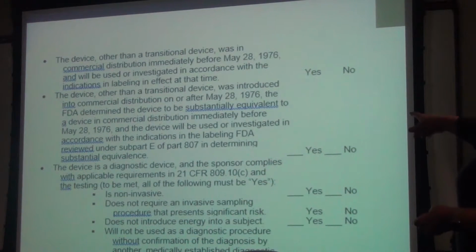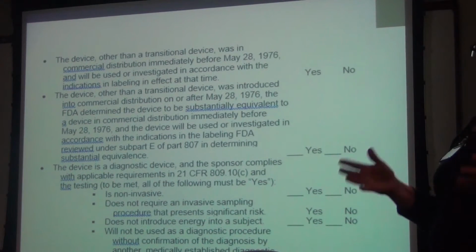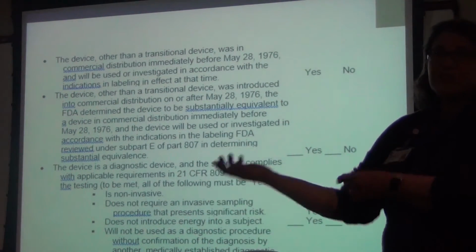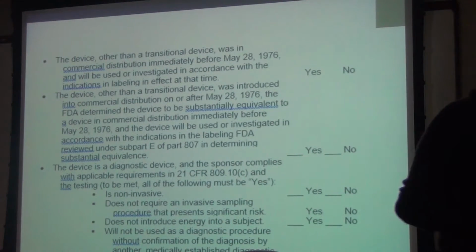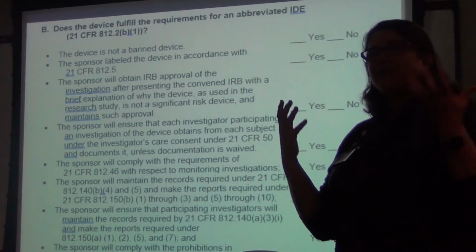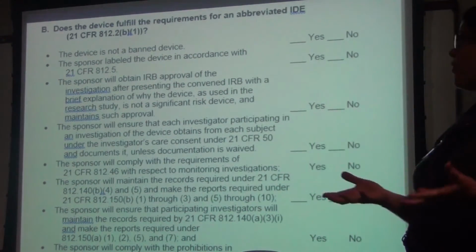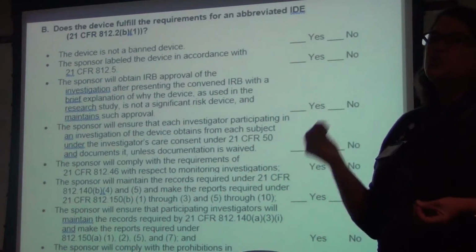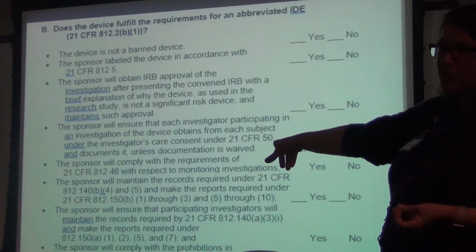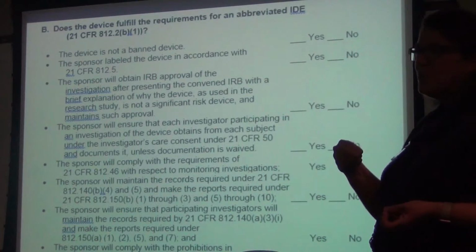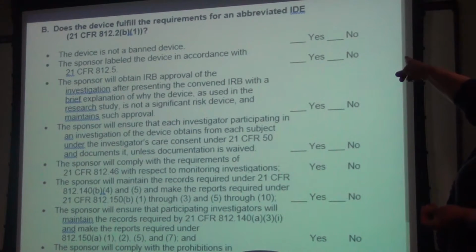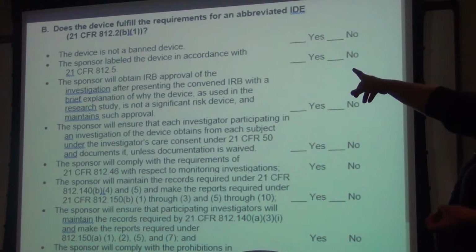That's why. So what happens if you do have a low risk device that you want to use, but it introduces light, so we can't do an IDE exemption? Well, then we can grant you, because we have all the powers, because we're the IRB, an abbreviated IDE that you don't have to go to the FDA for. If it's a true, like you're going to put a valve in somebody's heart, that's got to go through the FDA. If it's minimal risk, but you're introducing some energy, there's some reason why it doesn't meet the criteria we talked about, we can grant you an abbreviated IDE, and this is pretty easy because you look, it's not a banned device,